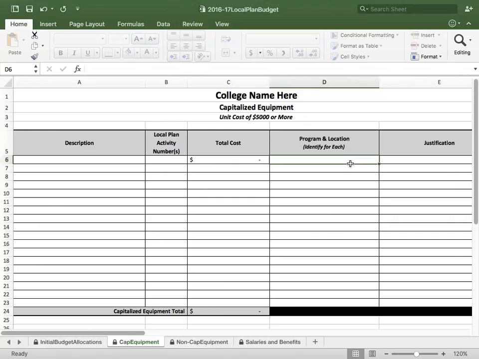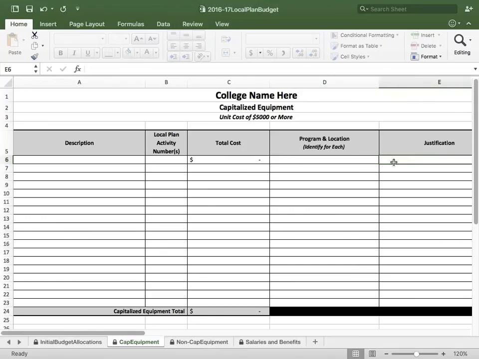For our consortium schools, please let us know what college this is going to be used at, because part of our EGRA regulations, we have to track equipment a little bit differently, and we'll have a webinar on that as the year gets started. But it's really important that you fill this out and let us know where the equipment is going to be. As we have been approving budgets, we may have asked you already to come back and give some more information.